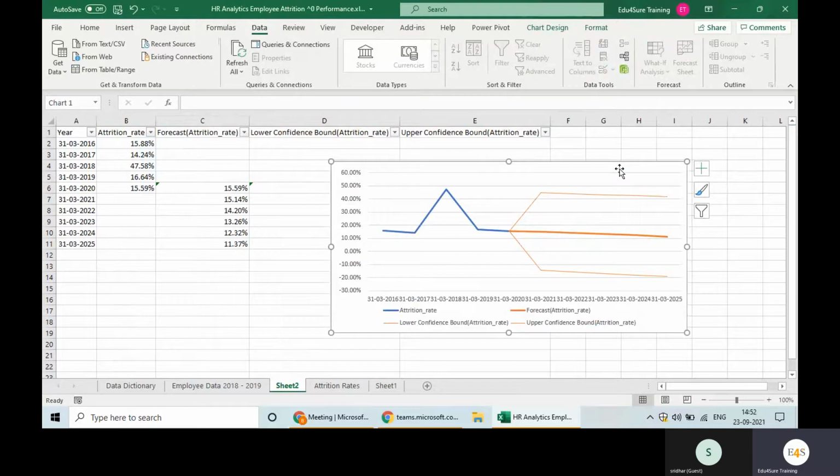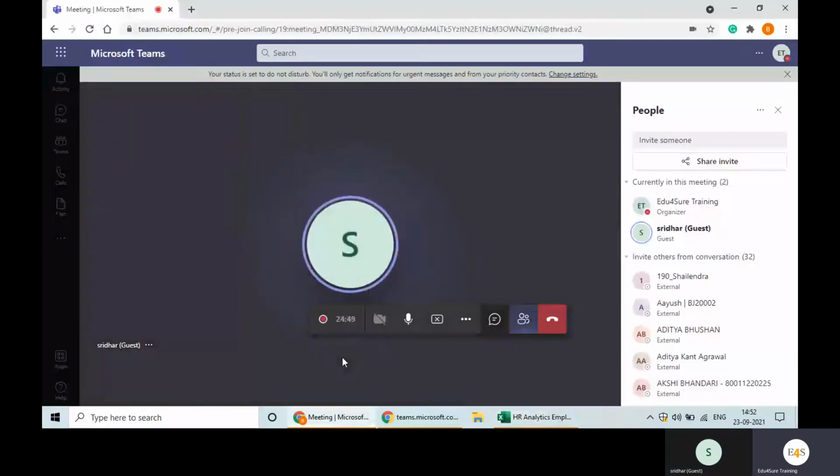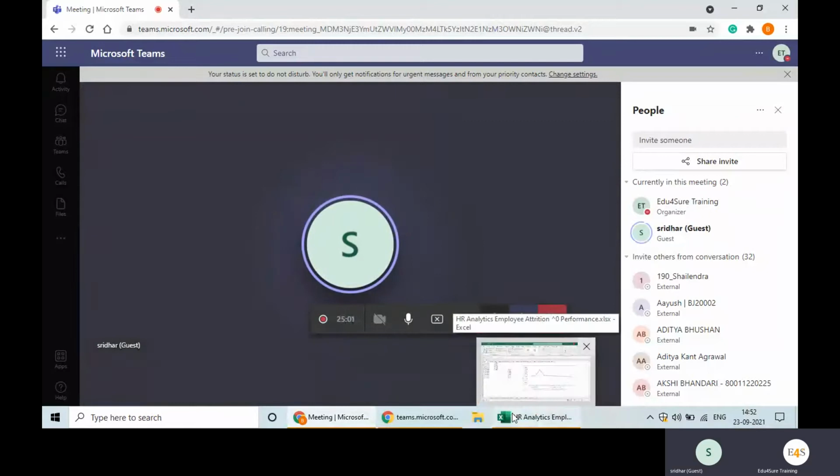So how do you find out that most efficient age group? You can share your screen and try to find out a relationship for your most efficient age group. You need to identify your most efficient age group. This is the question. Sure, 1 minute, just give me some time.